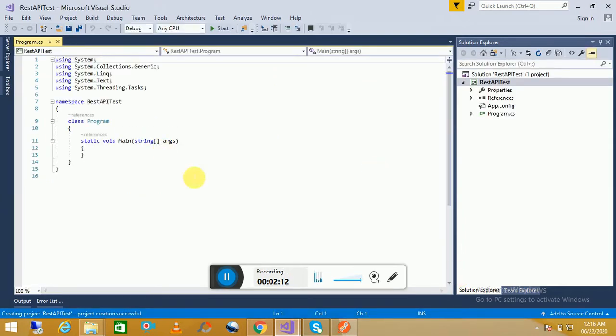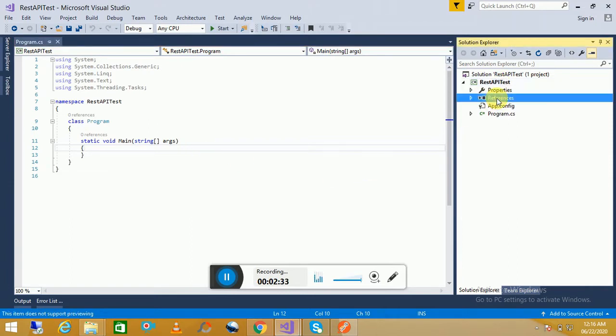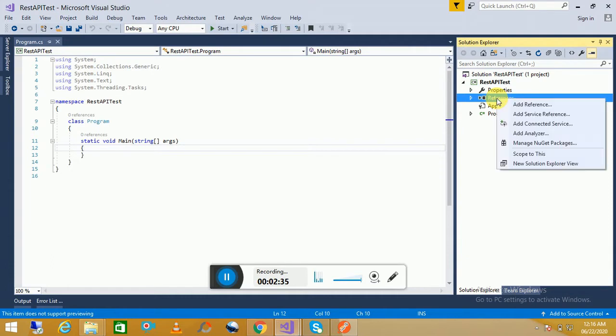Now what we will do, we can call this API using RestSharp. So for this reason we have to call the RestSharp. That means we have to add the reference from NuGet of RestSharp in this application. So let's move and add the RestSharp reference.